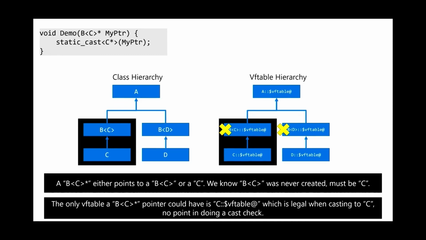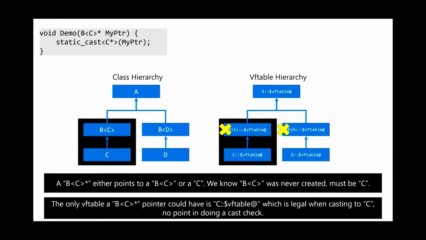Well, we know that if you currently have a pointer that's a B specialized by C, there's only two different classes that it could be. It could be that B specialized by C class, or it could be the most derived class, the C class. But as I just mentioned, we actually know that it couldn't actually be a B specialized by C. The compiler knows that class was never created at all. So the only thing that it could be is a C. And you're downcasting to a C. And so we could just statically prove that the cast is safe. We know that the only underlying object you could have is a C, and you're casting to a C, so you're good to go. There's nothing for CastGuard to do there,